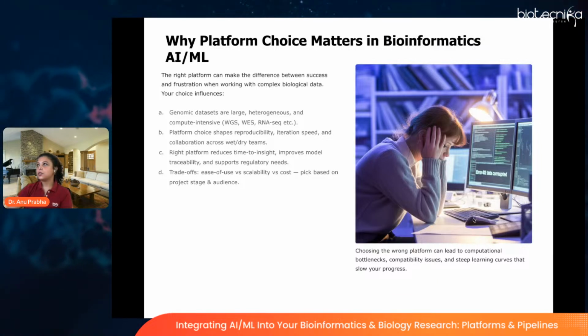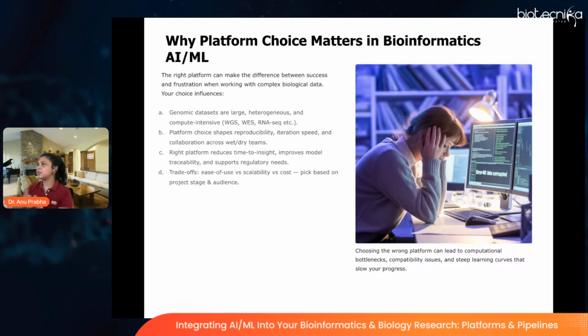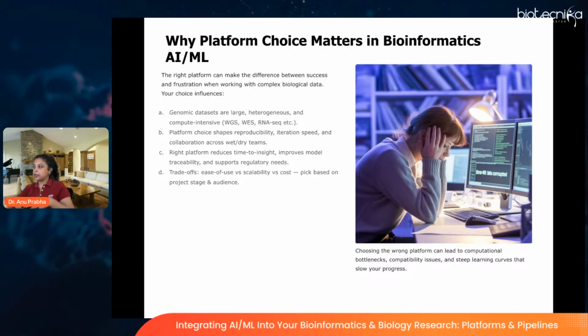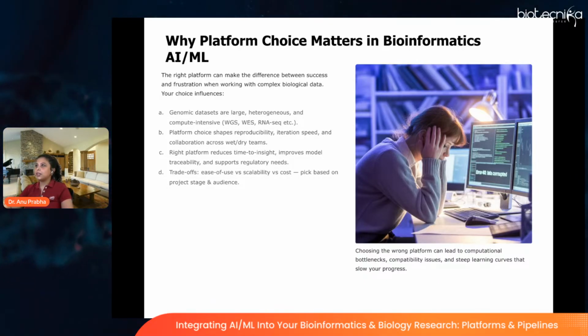Okay. So before we move on to what we want to do, we should also know where we want to do this, right? Why would we want to choose a specific kind of platform for our development environment, or any sort of pipeline deployment or whatever it is? Why does this platform matter a lot?